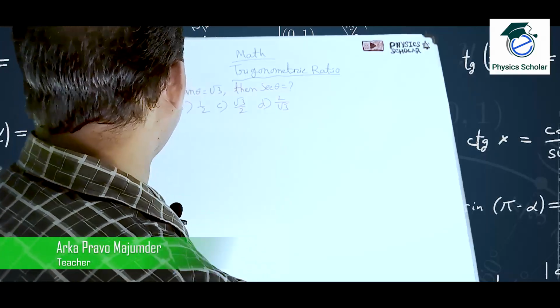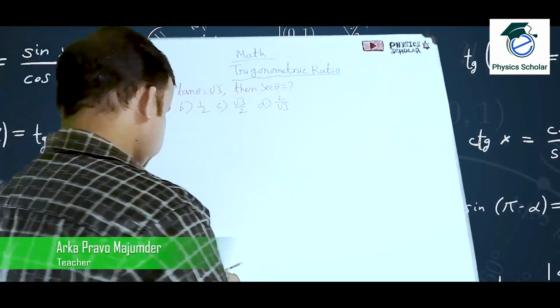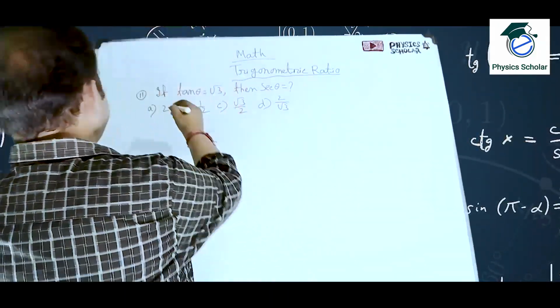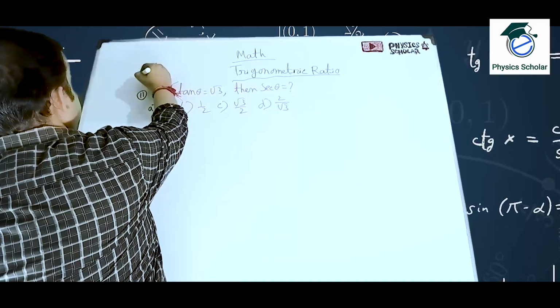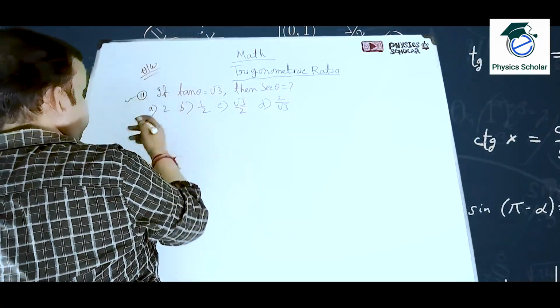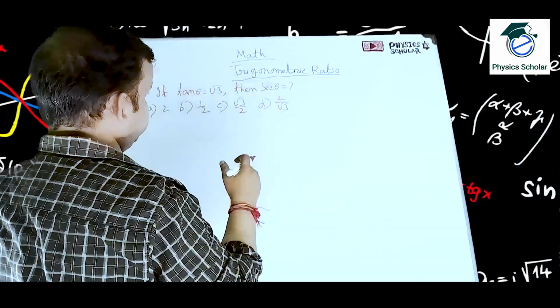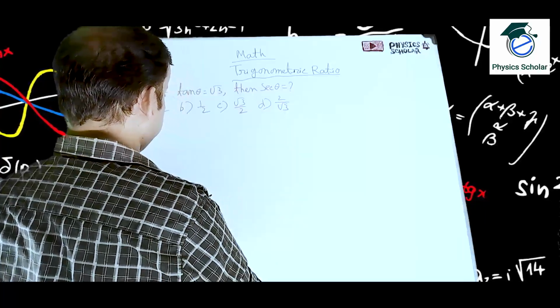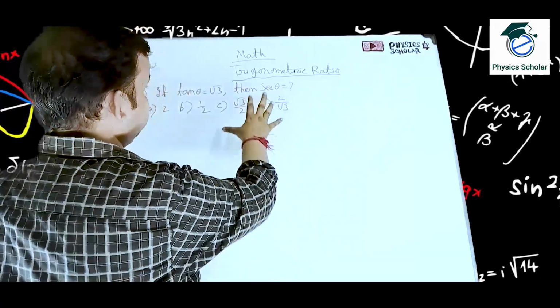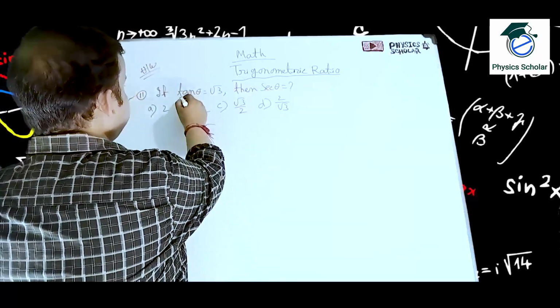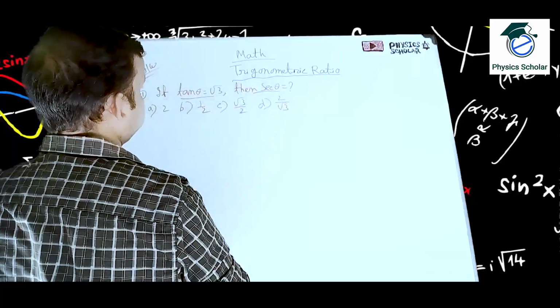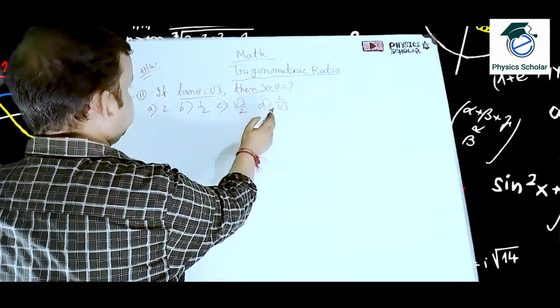So students, here it was the second homework. If you can see the previous episode, it was given as your second homework, sum number 2. It is also very easy. For short type of questions, this type of sum may come. Here tan theta is given, so we have to find out the value of sec theta. Four options are given.